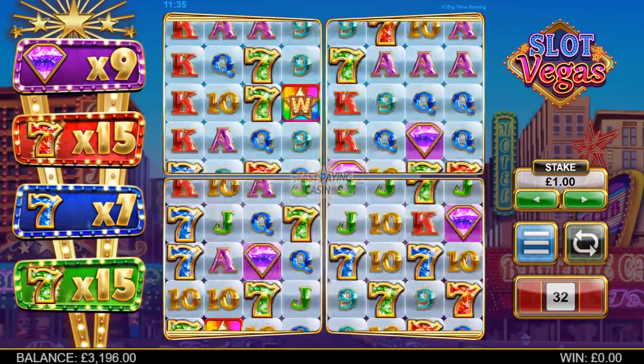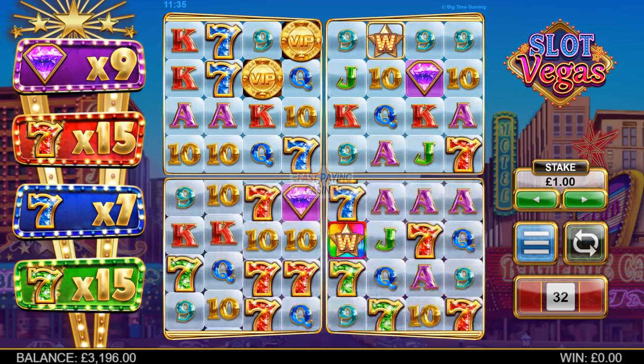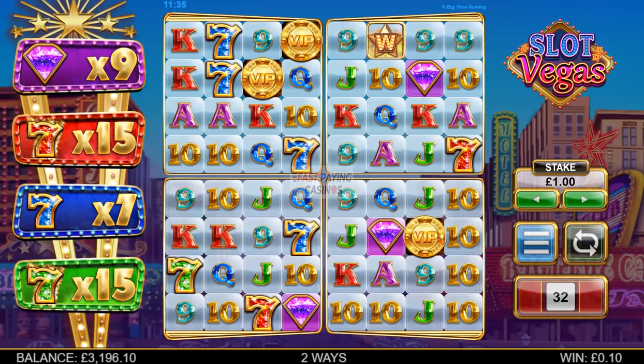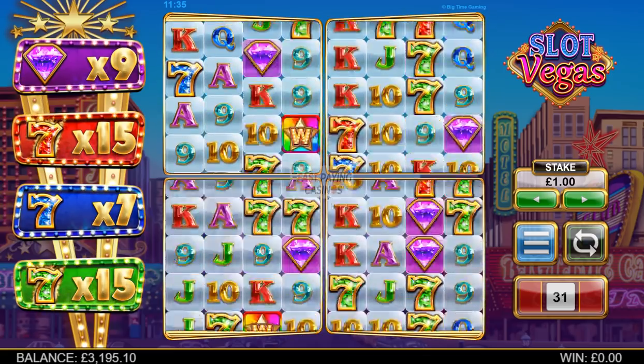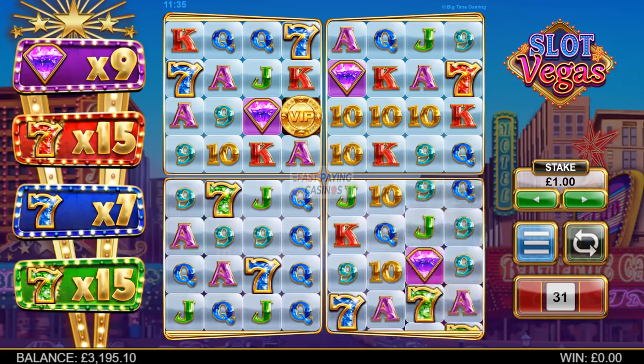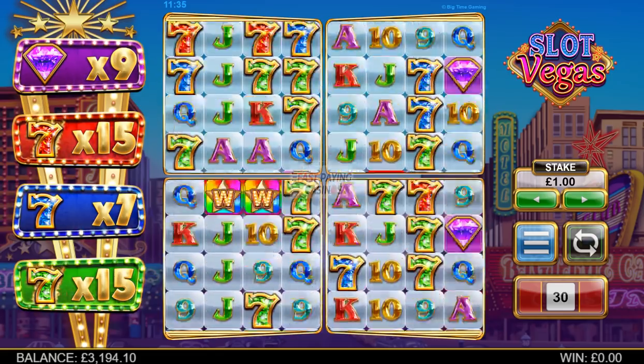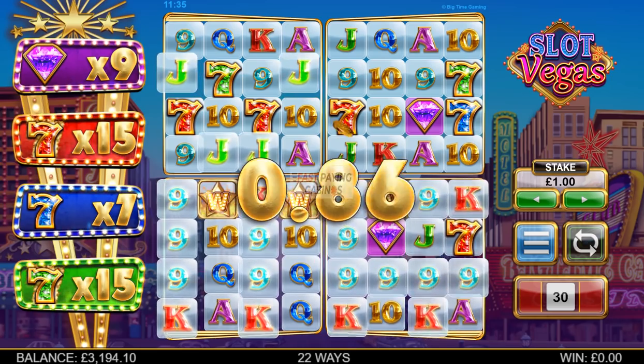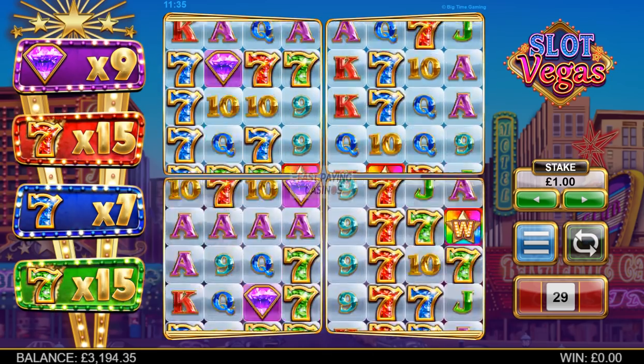Well, I'm actually enjoying the base game at the moment, because I've built up some pretty monstrous multipliers, as you can see. And what have we got so far? We've got 46x, I think, combined. So even a few 3 of a kind red 7s or purple gems are paying decent wins, 5 to 10x,